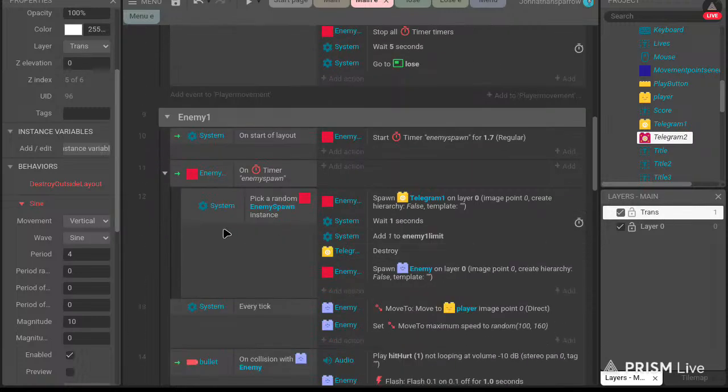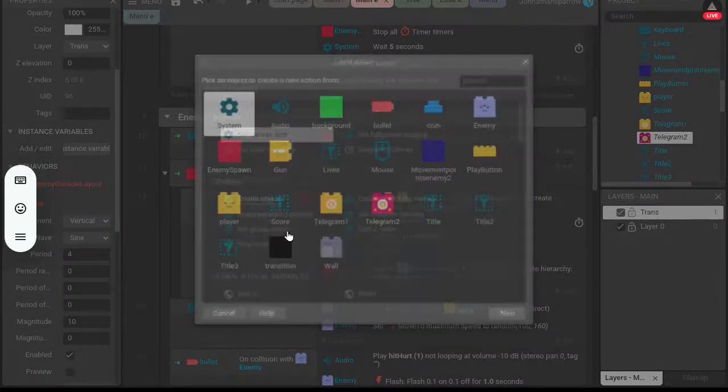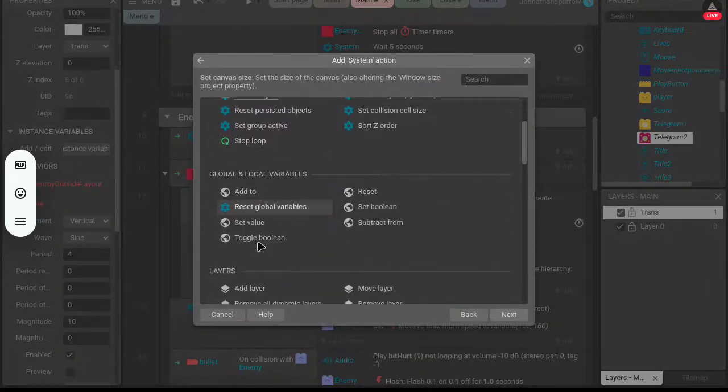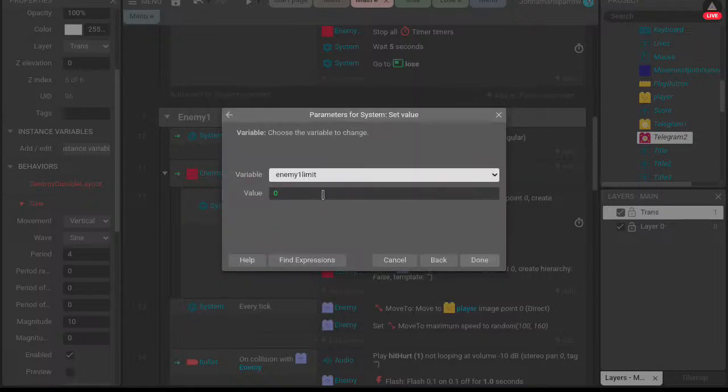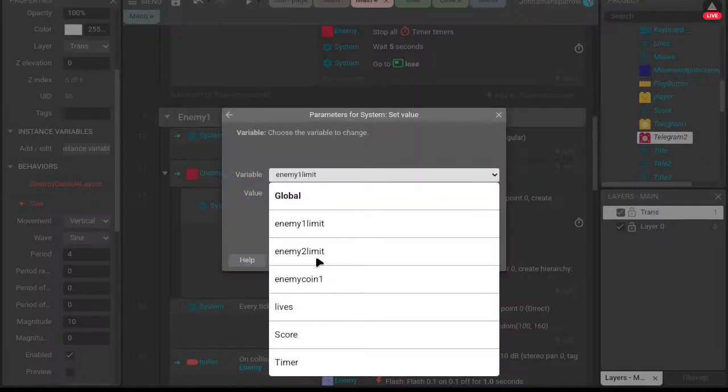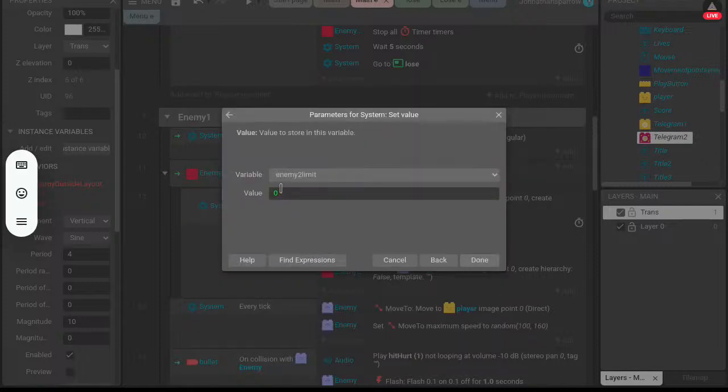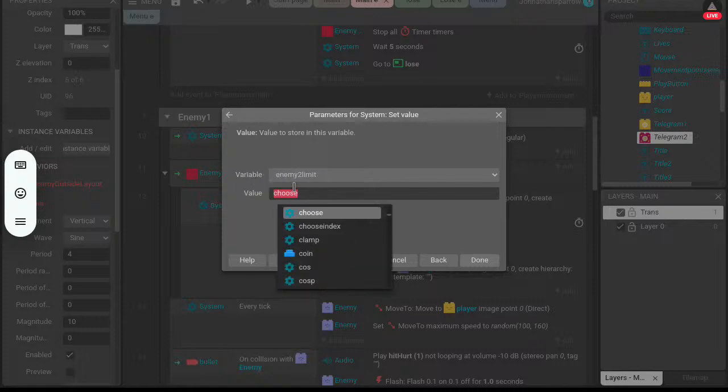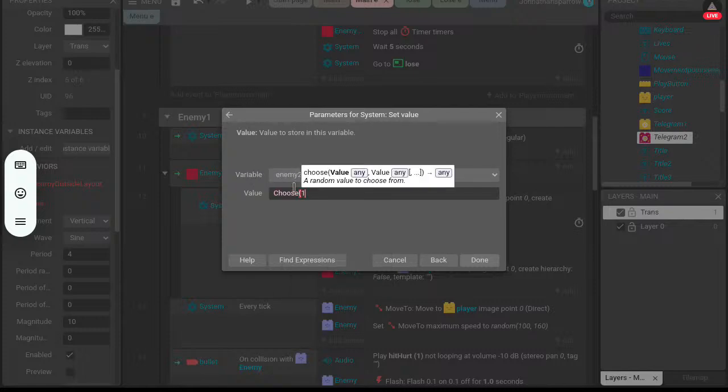What I'm gonna do to make it seem random is have it randomly set the value of one of the variables to 1, 2.